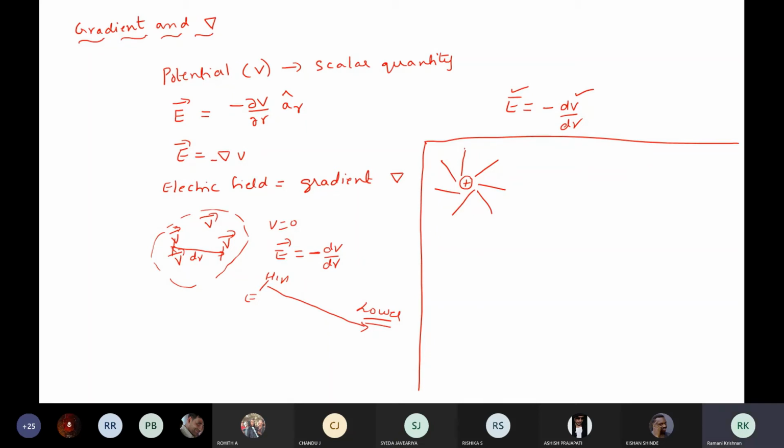I'm asking only basics. Towards the positive charge? Away. So if you have doubt, if I draw this symbol, can you now guess how the electric lines are flowing? Is it flowing like this or like this? Tell me 1 or 2. Which is correct? 1 is correct or 2 is correct?